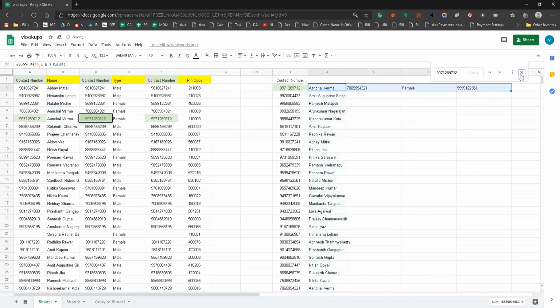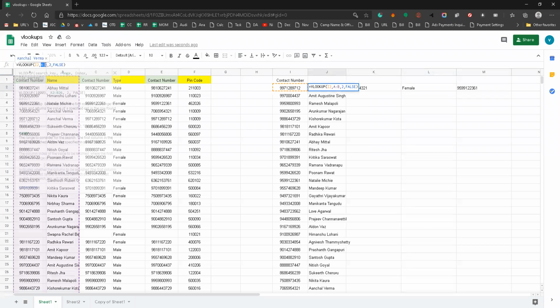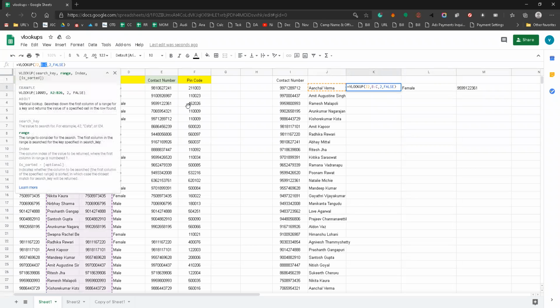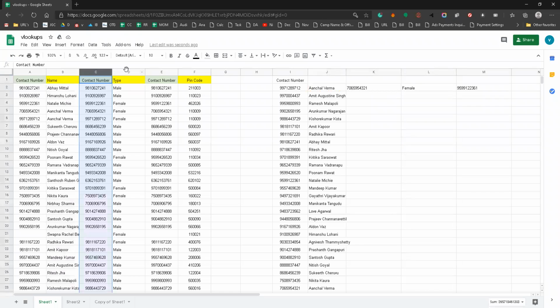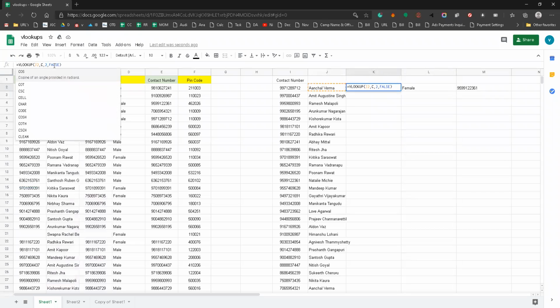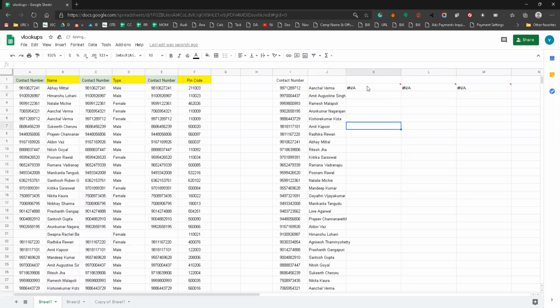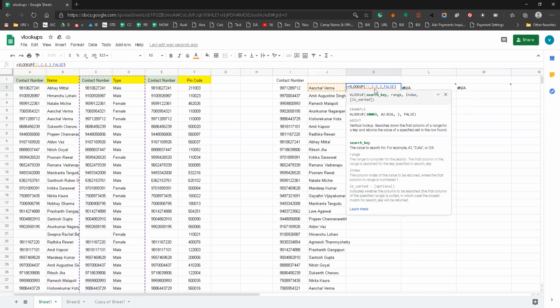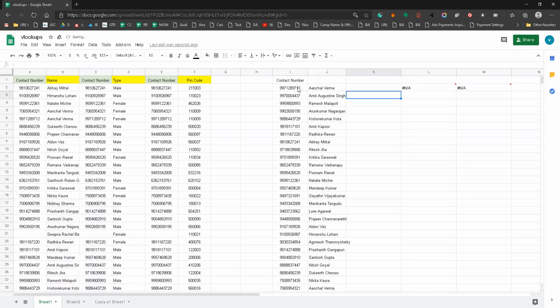When I stretch the formula to the different columns, it will stretch the formula as it is. When we check here, we are matching with A and B here, and in this column we are matching with B and C. Ideally we have to match with the mobile number and the given data. So accordingly I am matching with C and D instead of B and C. It is giving an error because the data which you are VLOOKUPing is this one, J2. So we have to keep accordingly the main data which you want to fetch.